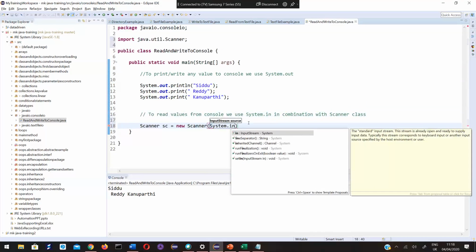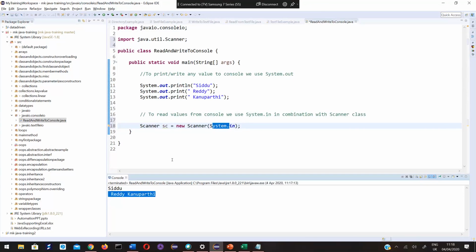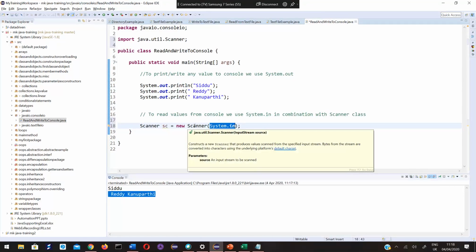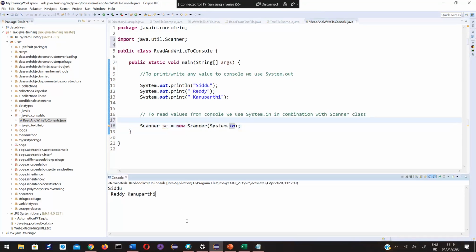As I told you, System.in means whatever value we supply from the console goes inside System.in. That System.in we are passing to the Scanner class. Whatever value we pass from the console here. This is printed, now we have not yet passed.